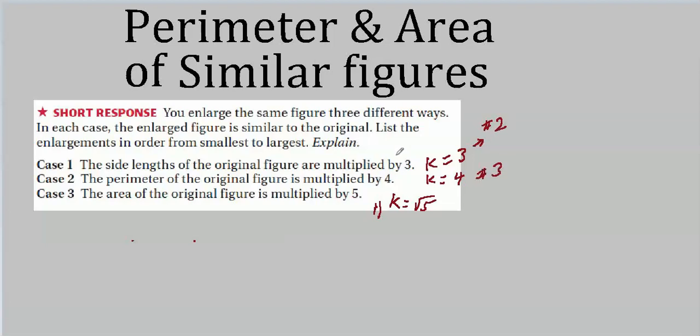In fact, you didn't even have to know what the square root of 5 was. You just have to recognize that the square root of 5 is less than 3. Since 3 squared is 9, we need to square something that's going to come out to be 5. It'll have to be less than 3, won't it? And that's all we needed to know. We don't care if the square root of 5 is 0.7 or 2.9. All that matters is it's less than 3. So that's our smallest. And then second smallest here, and largest right here. Real easy.